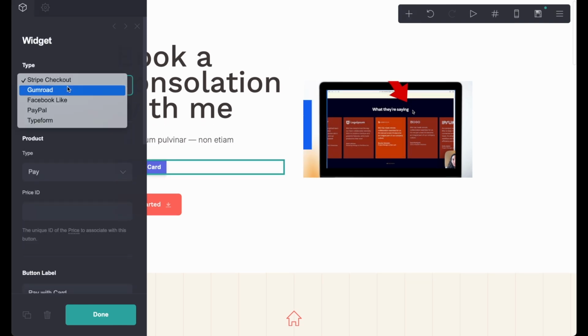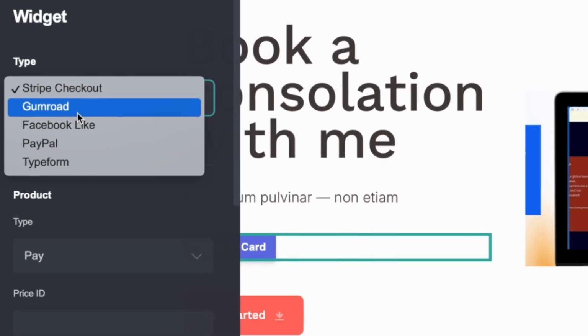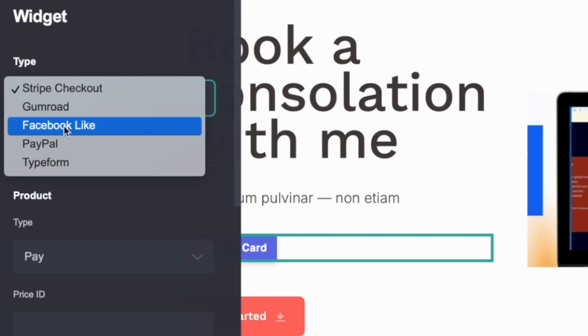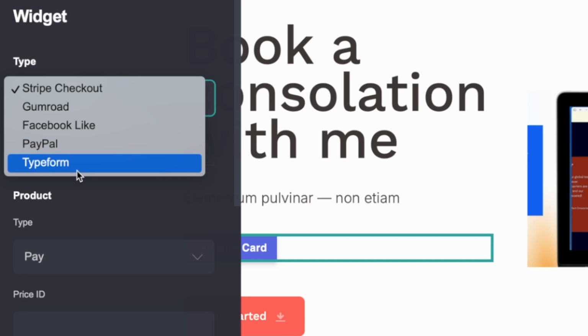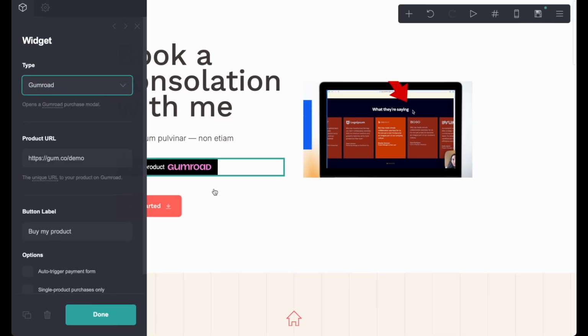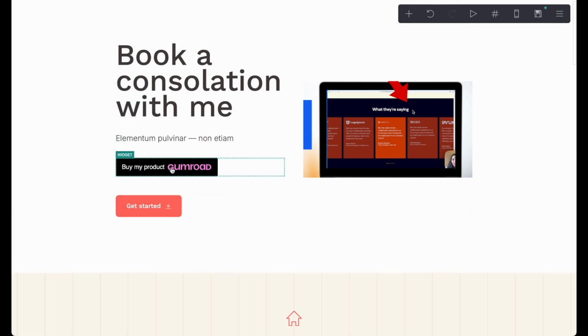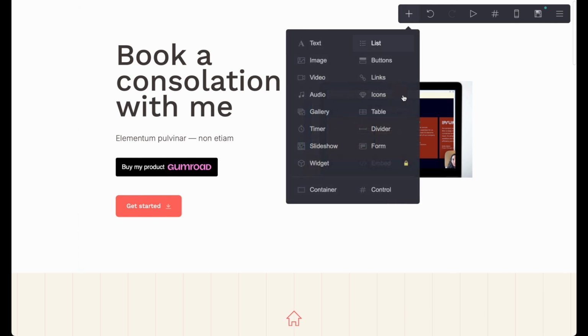Now with the widget, we have things like Stripe checkout, Gumroad, Facebook Like, funny they still have that, PayPal or Typeform. So a consultation might be, oh, you buy this on Gumroad, and then you have the button here. They click that, it goes through to Gumroad to buy the consultation. But if it's going to be a Calendly calendar or Acuity calendar, then know that you need to do the